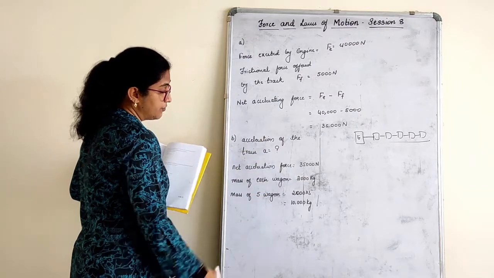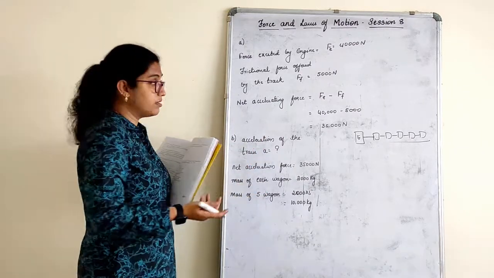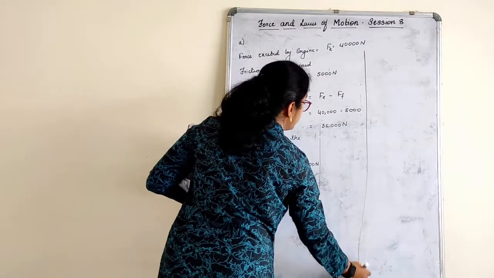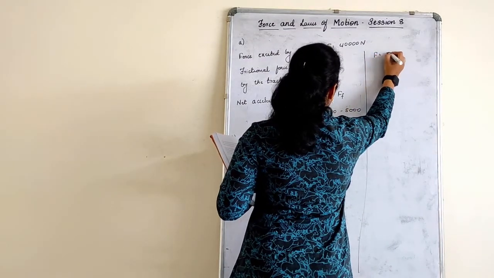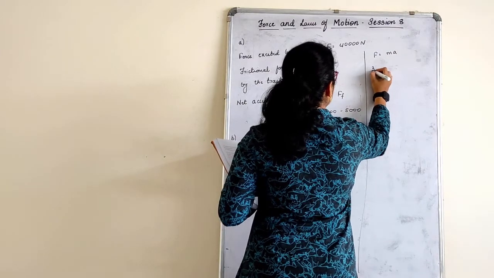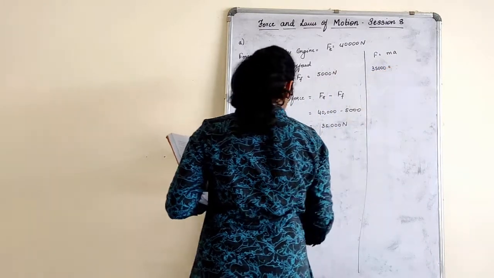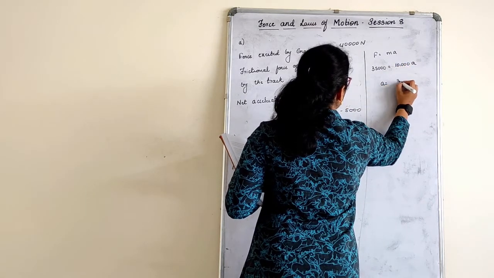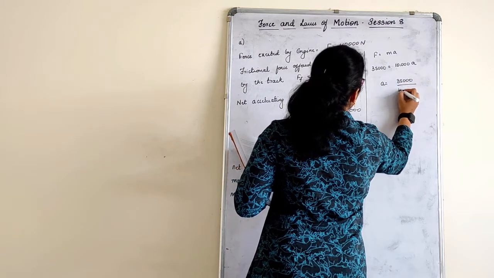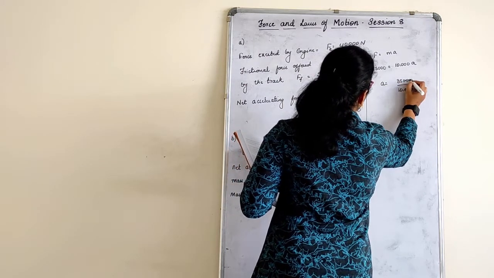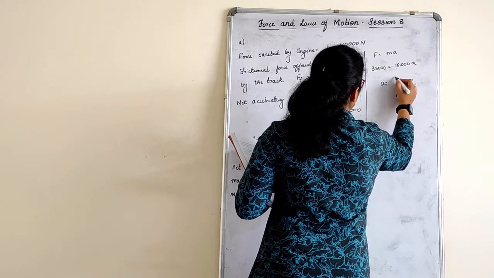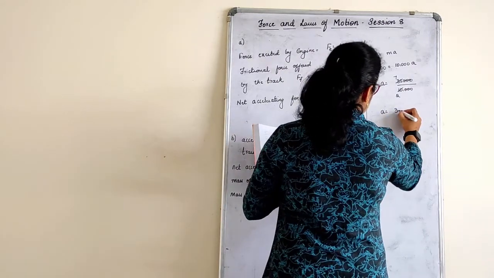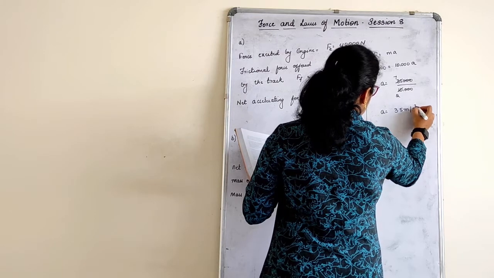We have the net accelerating force. We have to find acceleration. We know the mass. Can we apply the formula directly? I'll just erase this side. We'll do it here. F is equal to ma. What is F? 35,000. What is mass? 10,000. a. Therefore, acceleration is 35,000 divided by 10,000. 3 zeros, 3 zeros. 5 twos are 10, 5 sevens are 35. a is equal to 3.5 meters per second squared.